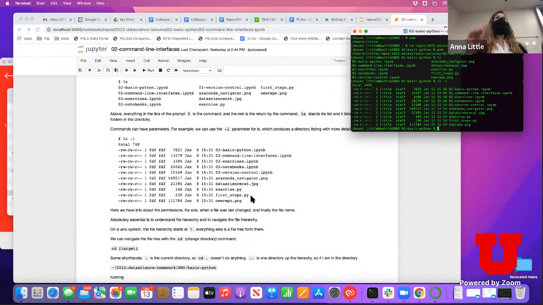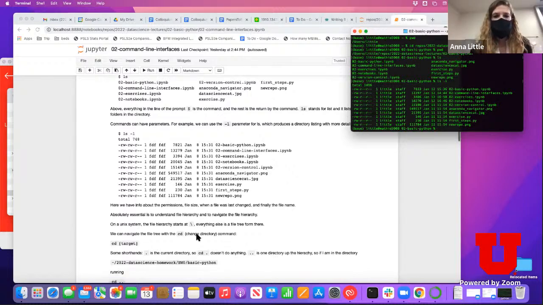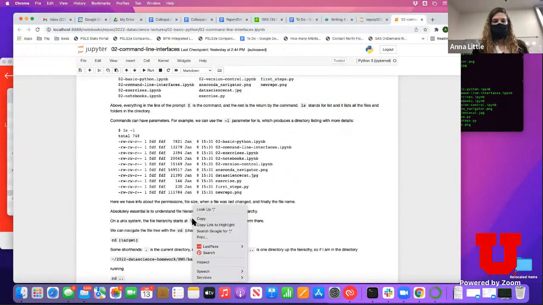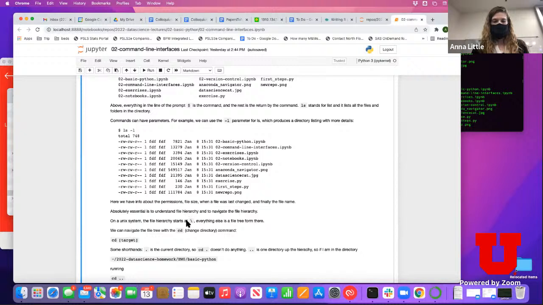So what's really important when you're working in the command line is to understand that everything on your computer is stored in a hierarchical structure. So it really matters where you are, what folder you're in when you run commands. And you can navigate into subfolders using this / symbol. And you're going to get this tree structure. Okay, so for example,